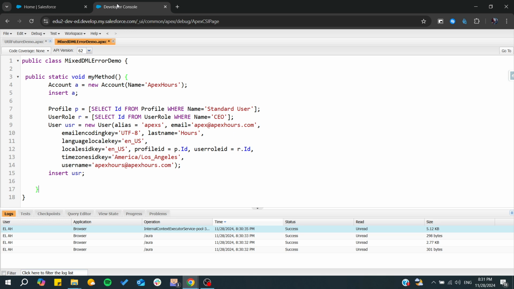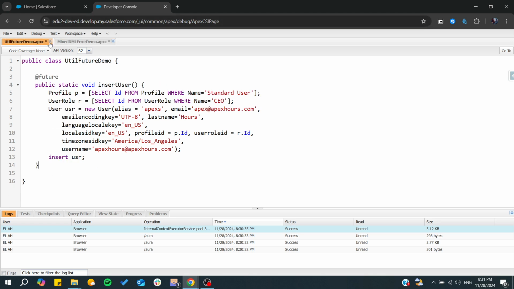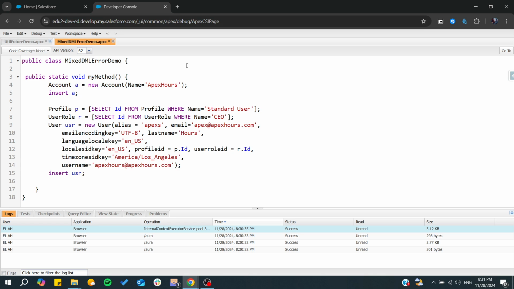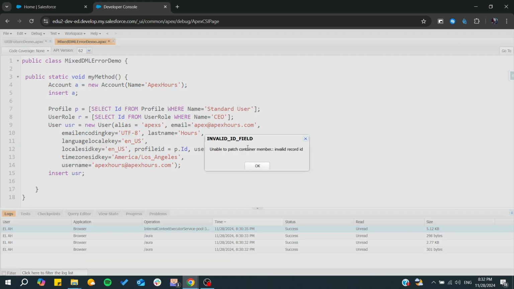Basically, we can go to the developer console, and here we can use a method by using an annotation, the future decorator. From here, we have this mixed DML class, and when you are going to insert the user, since the user is related with the user role objects, you will have the problem of mixed DML. To avoid this error, we need to use the